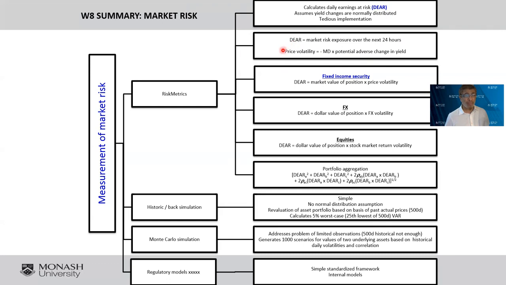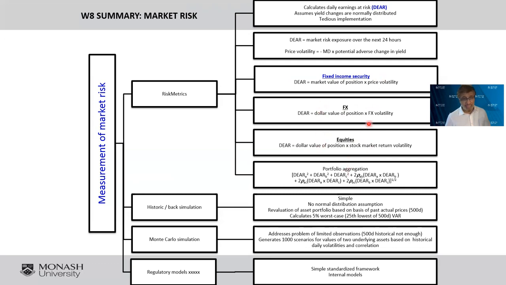So if we have a portfolio of 1 billion ringgit, or $1 billion, and the price volatility of the assets inside is, say, 2% or 3%, we can transfer that amount into dollars. And we can say, well, our DEER, which is the daily earning at risk, is that amount. And it shows how much, the maximum, we can lose from our portfolio. Now, when we do that, we don't do it for one asset, but for each asset, and then we combine those assets. So we do it for fixed income, forex exchange, equities, and we can do it for derivatives, commodities, all.